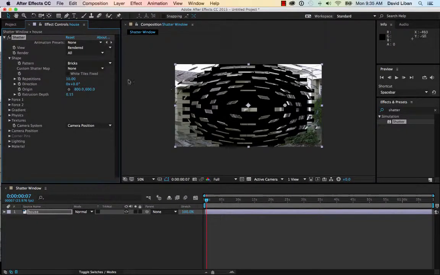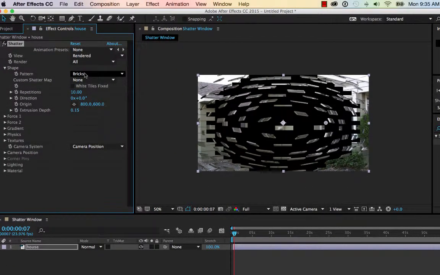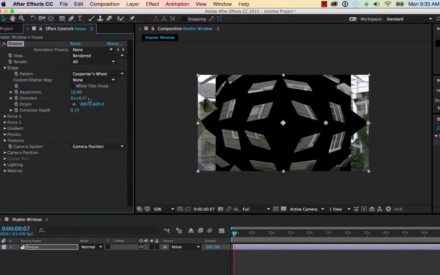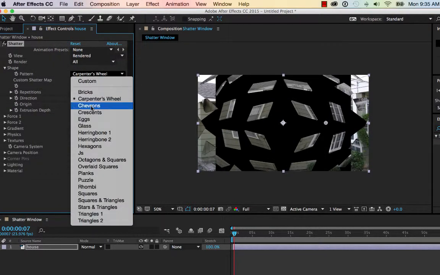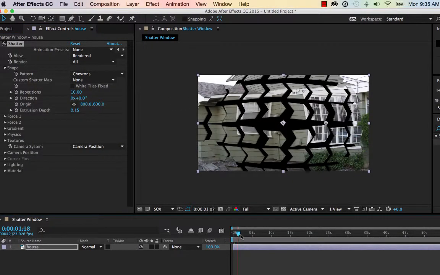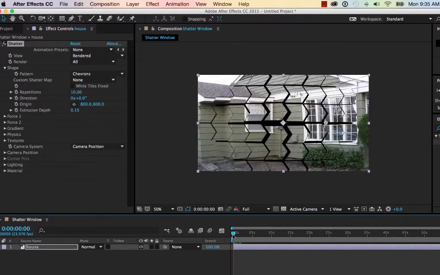So you can see the thing. The fact that the whole thing is shattering in this way, we're going to need to fix to make it look like the window is shattering. By default it comes up as bricks, but if you click under shape pattern, you'll see that there's a whole bunch of other things you can use as a model of what you want to shatter with. Like here are these chevrons,